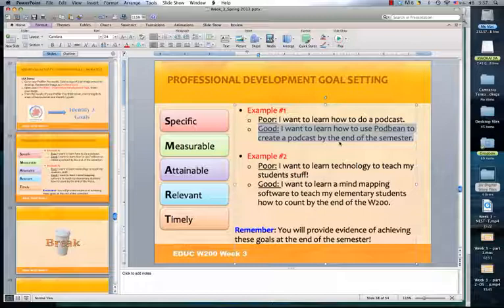Before we meet in week 4, I'd like you to come up with one goal. It doesn't need to be perfect. I'm going to give you some feedback, so you have something you can show me and we can talk about it. It doesn't matter if your goal is not yet specific, measurable, attainable, relevant, or timely. Just think about something you want to work on, and we can talk about it in week 4. So this is what I want to say about the previous part.